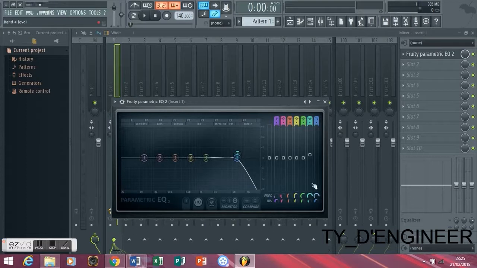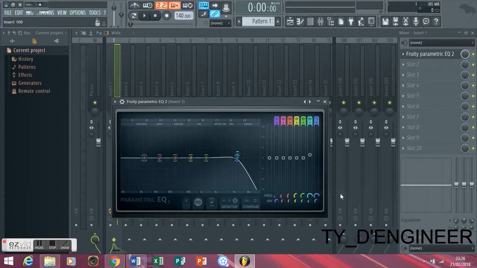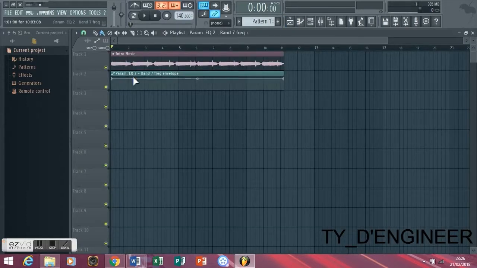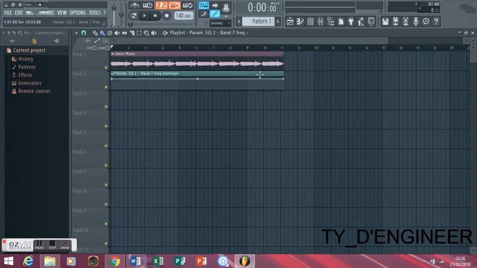Because you want to make an automation sweep, you'll go to where the frequency knob is, right click, and here where it says create automation clip, you'll click it, and it will come up in your playlist. Basically here you'll start from this point, and you can move this up or down. So if I was just to make it fade like this